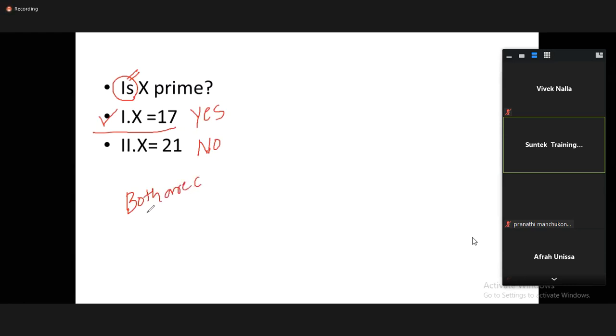Yes or no? Which means what you need to understand is, whether x is prime, your answer is what? Whether you have to say yes or no is the question. So can I say one point here? No is as good as yes. No is as good as yes. Agree?